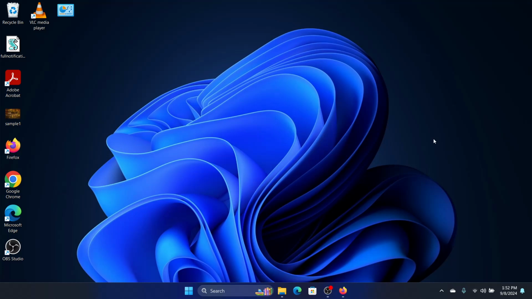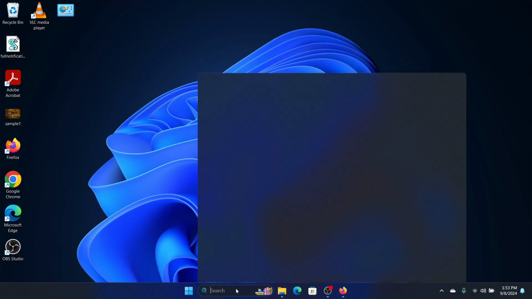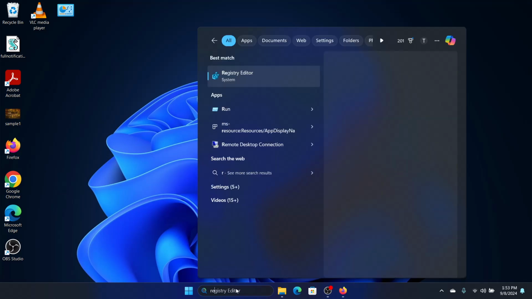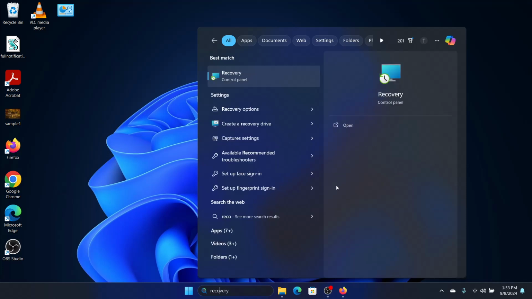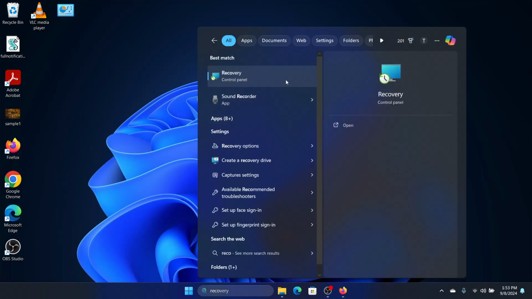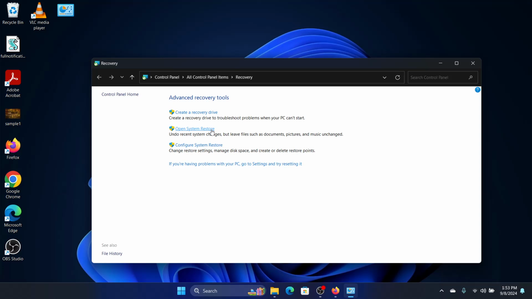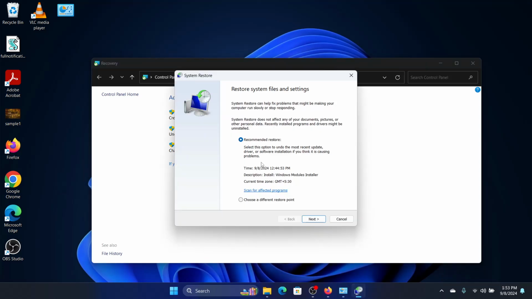Now if it does, which after these solutions it should not, then it is probably that there's some driver conflict. So for that we need to restore the system. For that we will look for recovery, we'll click on recovery and go to open system restore, and then we can either go for the recommended restore